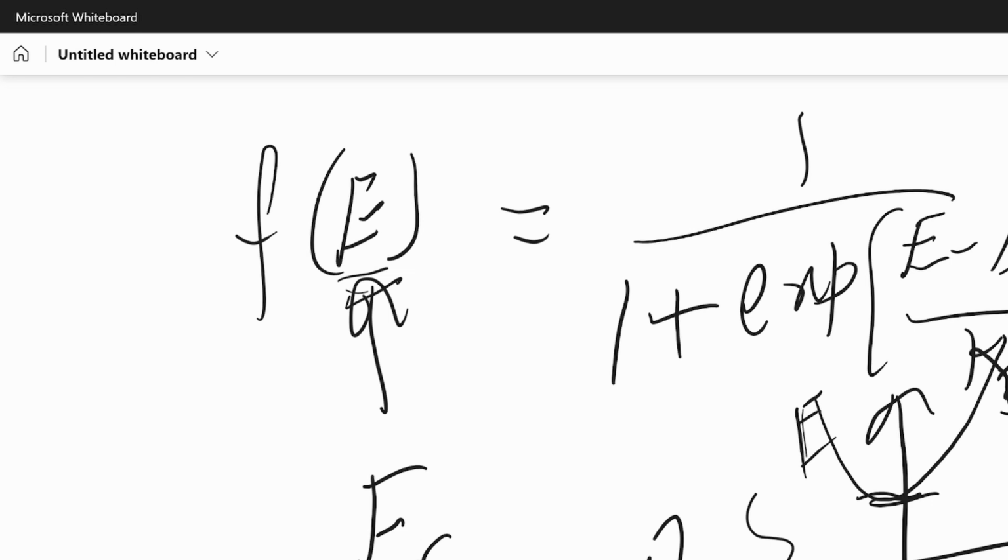So this is the indirect band gap semiconductor. Okay. So now what we will calculate is,